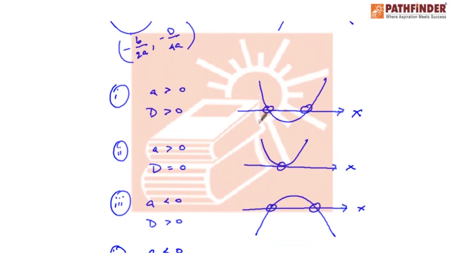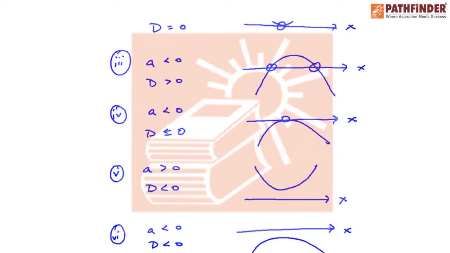Observe carefully. In the first case, if we consider these two roots as alpha and beta, then the value of the function f(x), that is ax square plus bx plus c, will be negative between alpha and beta and positive otherwise. So accordingly, from here we can deduce a very important nature about the sign of a quadratic expression. The sign of f(x), that is ax square plus bx plus c.